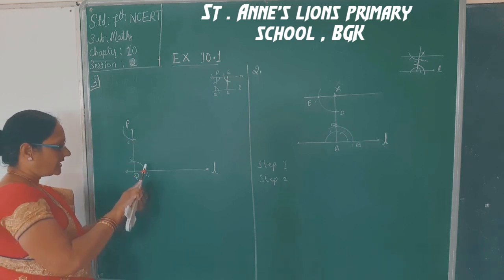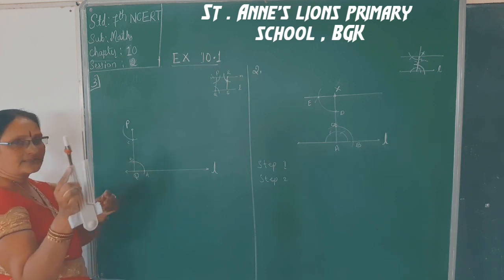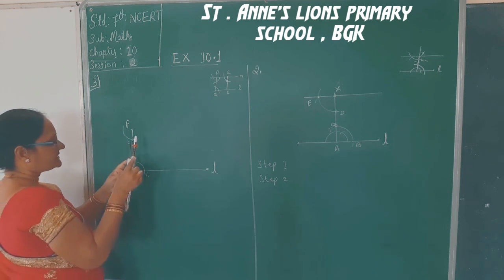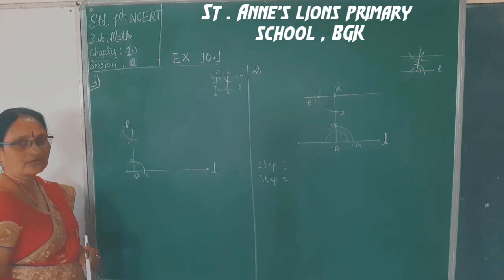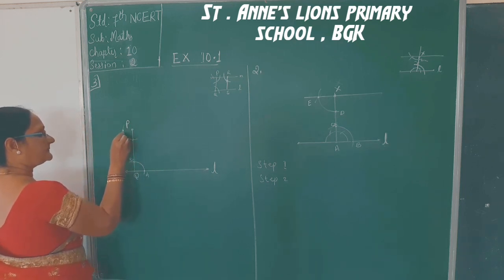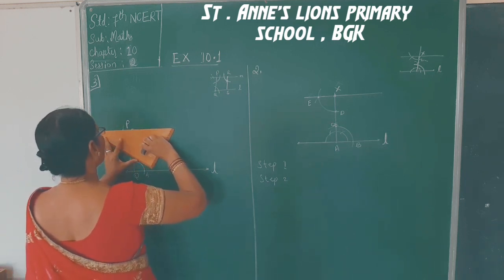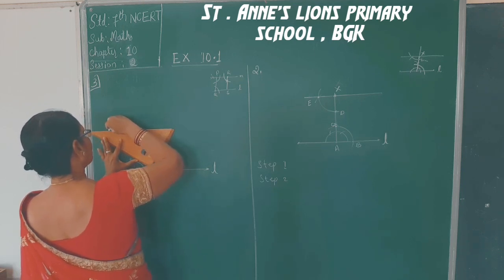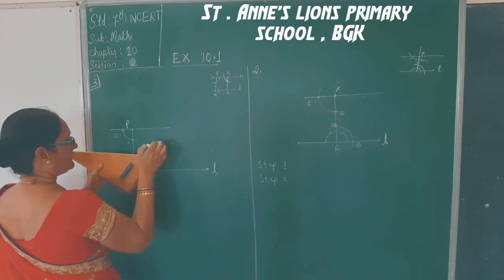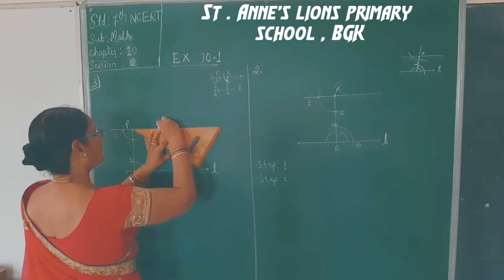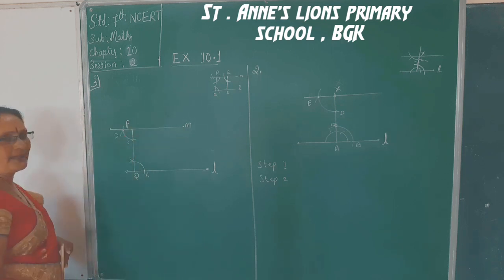Now measure the arc AB. Just measure the arc AB. That has to be the same. Here you have to cut it. C as the center, you just cut this arc. I hope you are following. So this point is D. Now we have to join this point D and P and extend it. So this is the parallel line, that is M. This parallel line is M. So the L and M are parallel.